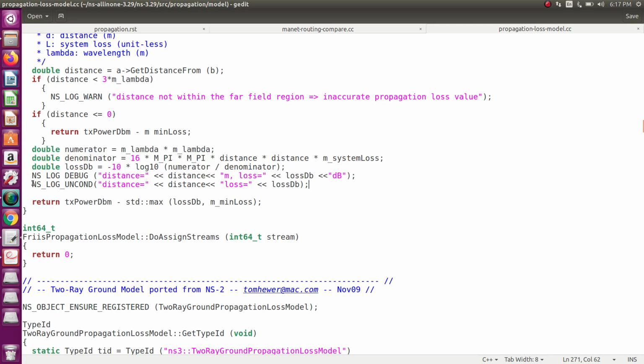Here we want to print those values first, to know them.